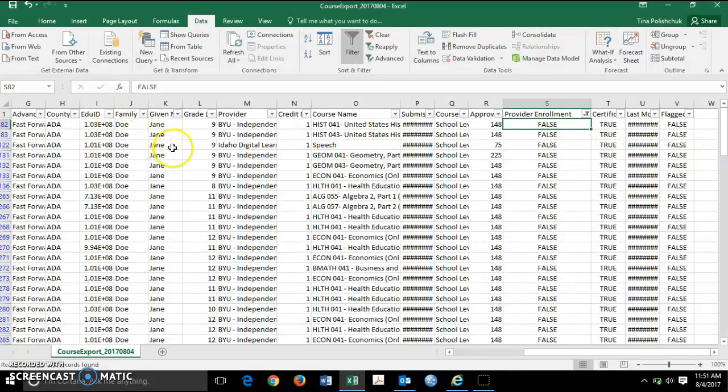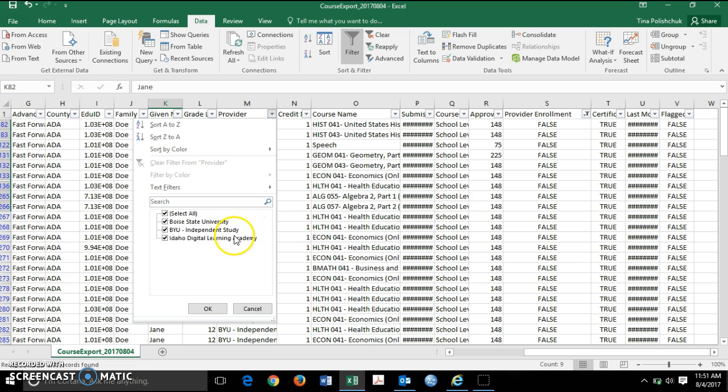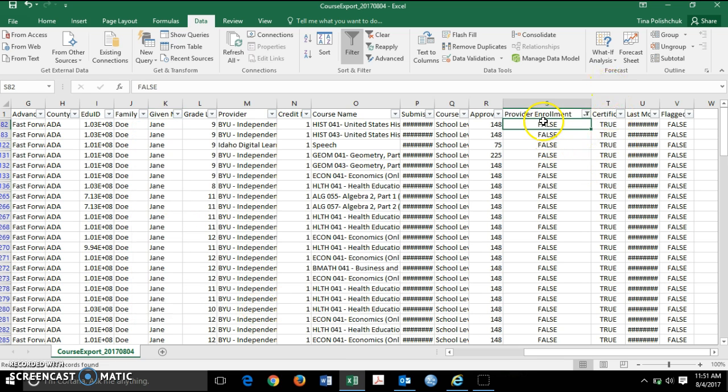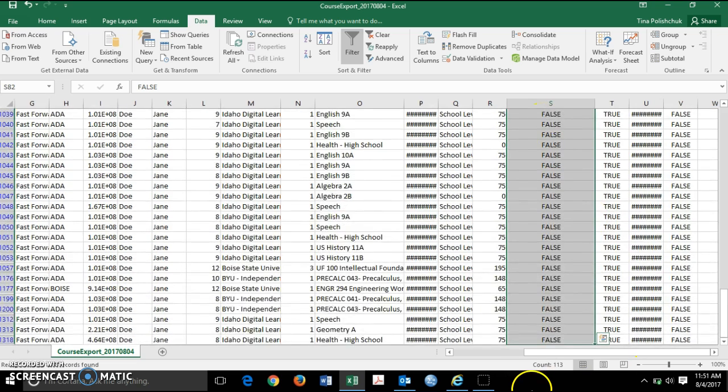So these are the students that still need to be verified by BYU, Boise State, and IDLA. And so if I wanted to look at those, it looks like I have 113 students. Once they are verified, then I will be able to submit. If you need contact information for any of these course providers, those can be found on the portal homepage, and